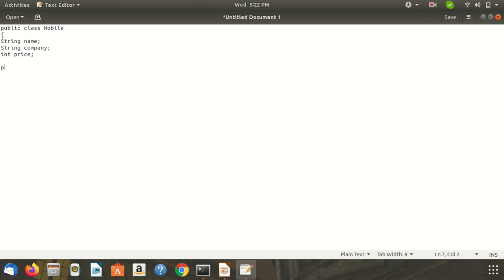Then define the method public void input. This method we use to initialize or assign values to these data members. The first is name equal to, here we give the name Redmi Note 5 Pro.